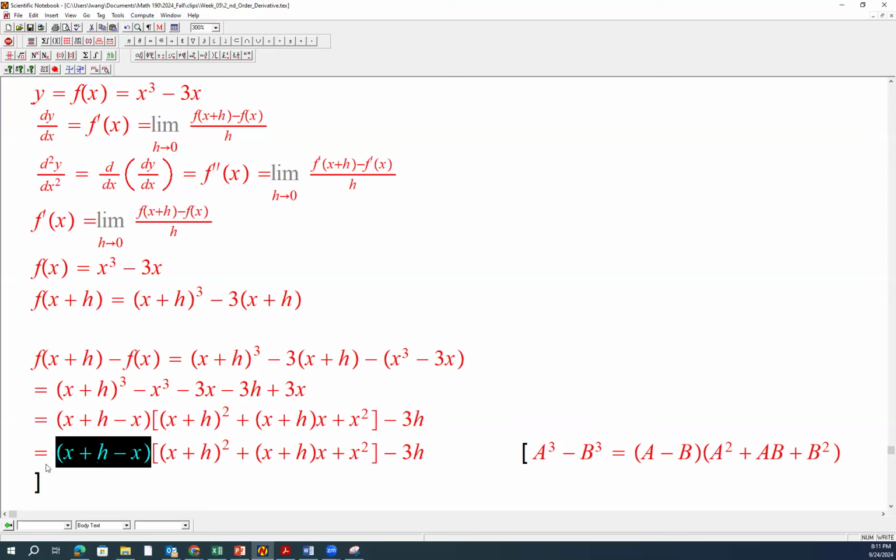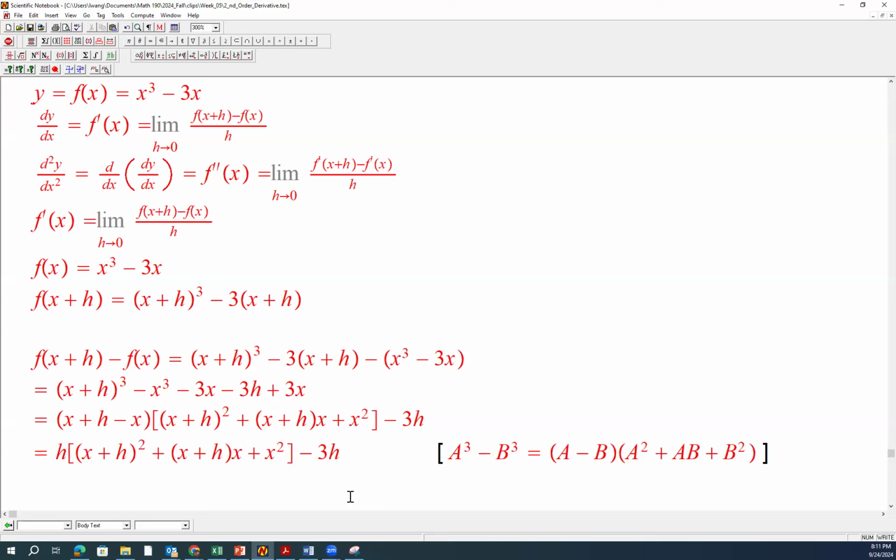This will make h, right? We have a bracket here. We have h here. We have h here. So the h can be factored out. H can be factored out. Okay? So that everything in the bracket will stay,